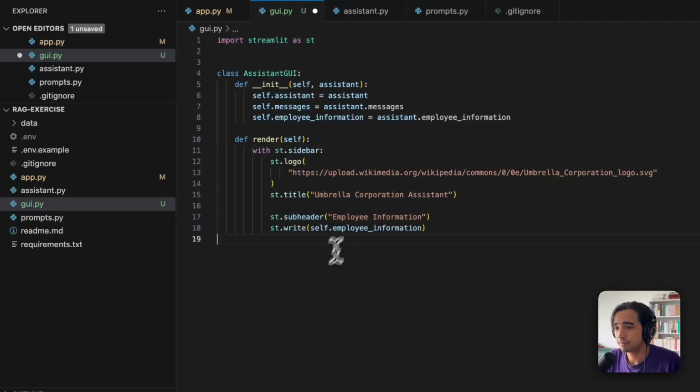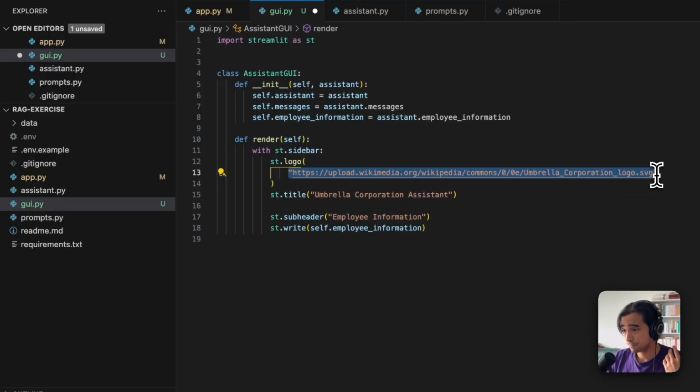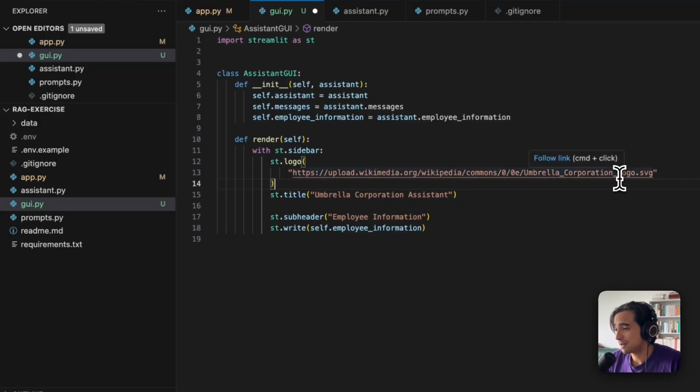I have first created a sidebar, which essentially just displays the logo on top. Now for the logo, I'm just getting the Umbrella Corporation logo from Wikipedia, because why not? Then I'm adding a title called Umbrella Corporation Assistant, just a subheader with the employee information, and I'm just displaying the